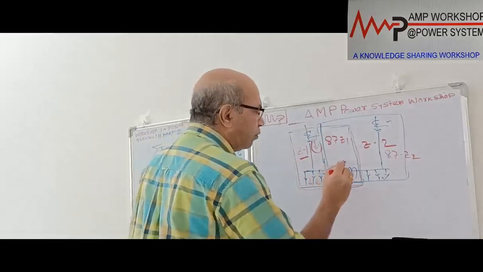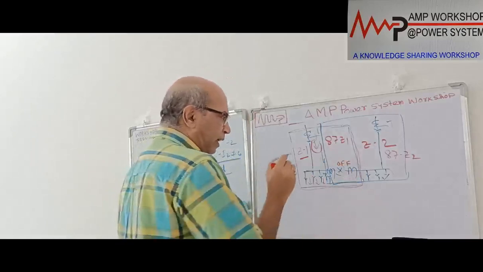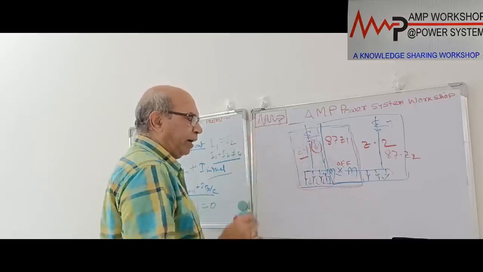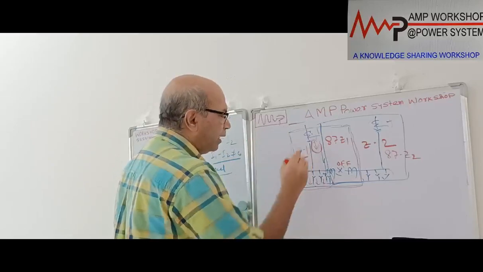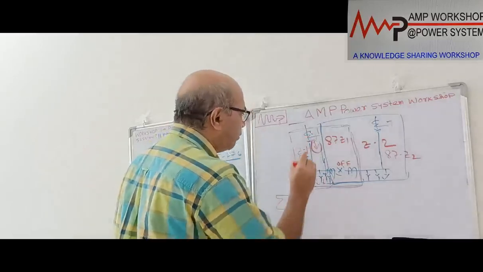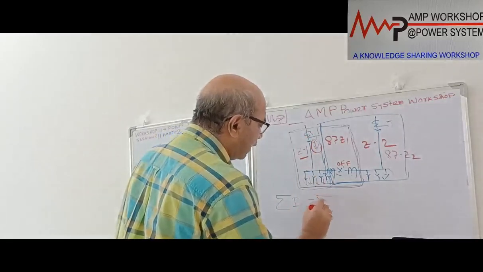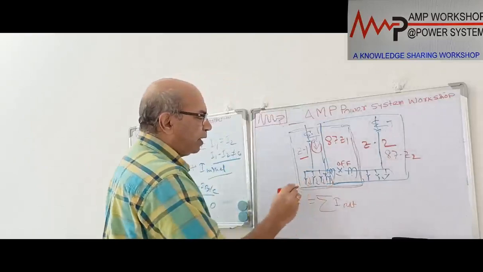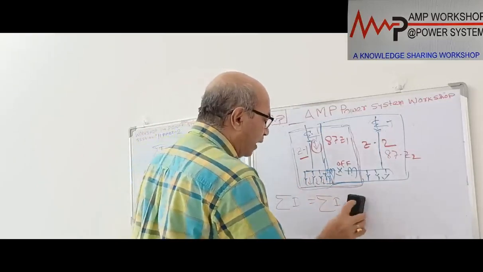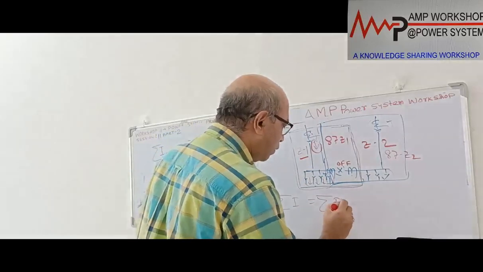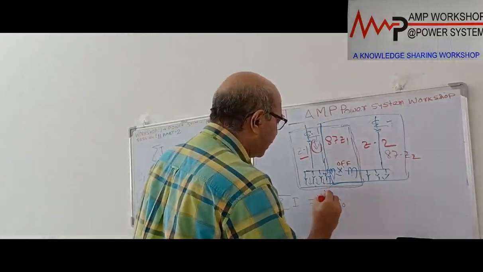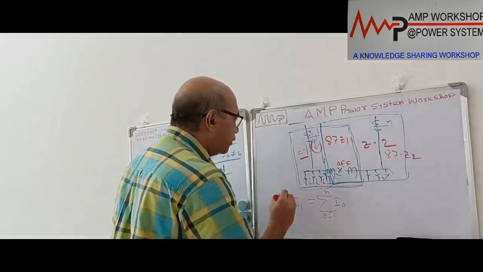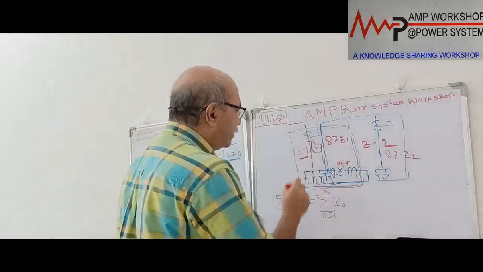Suppose this is off. At this moment we consider this is off for understanding. In that case, whatever the total current required by the outgoing feeders will be supplied by the incoming current. That means the sum of the incoming current I, suppose this is I, equals the sum of all the outgoing currents. So for the outgoing feeders, O1, O2, the sum of I out, O equals 1 to N, whatever the number of outgoing feeders. And this is I input, I equals 1 to M. Here there is only one, I equals 1, so that's a single current.